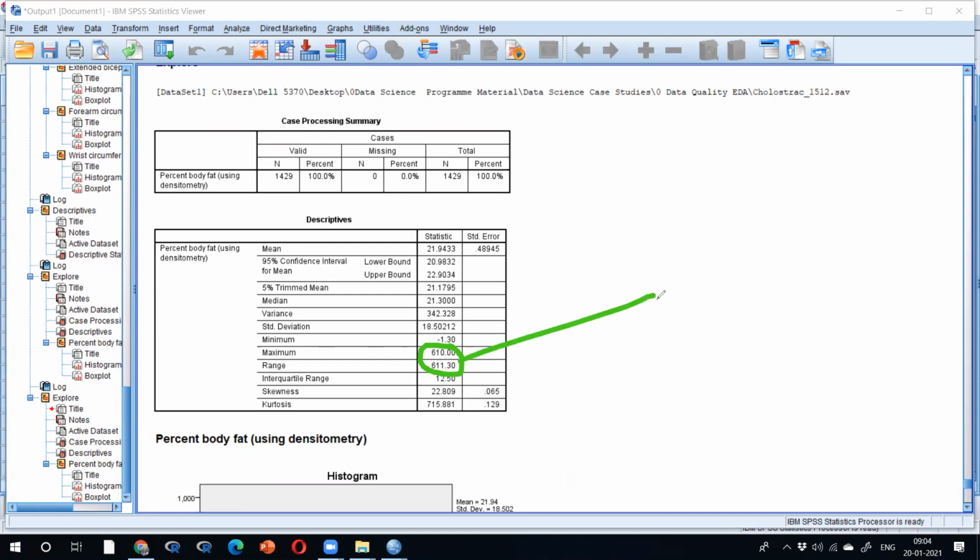Either the data entry person made a mistake, 6.10 where he missed the decimal, or else you unnecessarily entered elephant body fat in human body fat. The elephant body fat table is also inside, but unfortunately you entered it in this table. There are two problems now. How do I know that? Just because of the statistics. Otherwise, you can't.